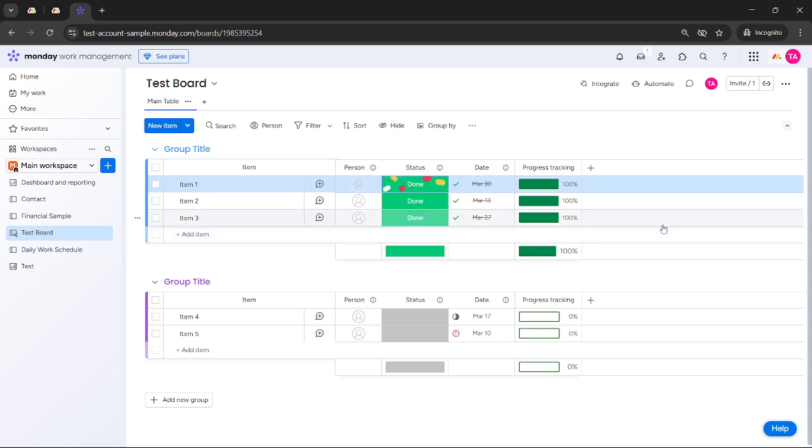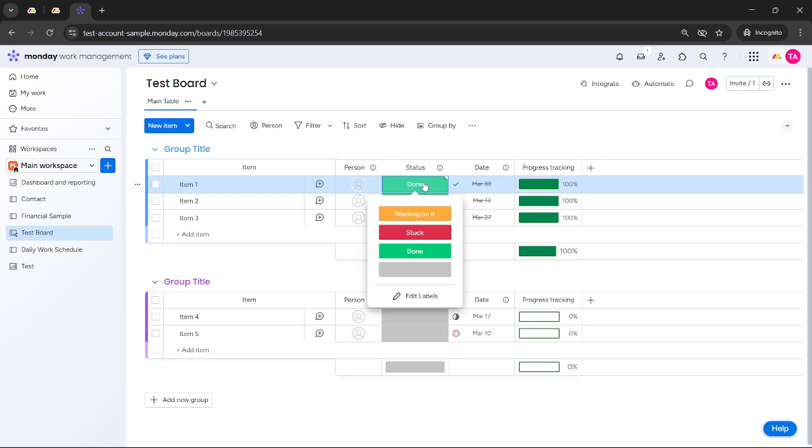Whenever you update all of your status columns to done, the progress bar for that specific item will show 100%. This means you're completely finished with that set of tasks, and it's visually rewarding to see the progress bar filled up. By integrating the progress bar column into your boards on Monday.com, you're not just tracking but actively managing the